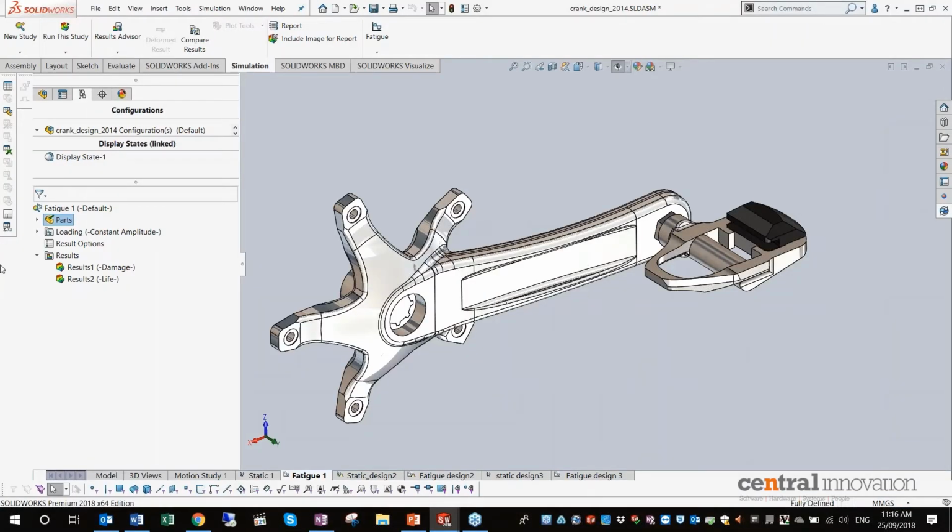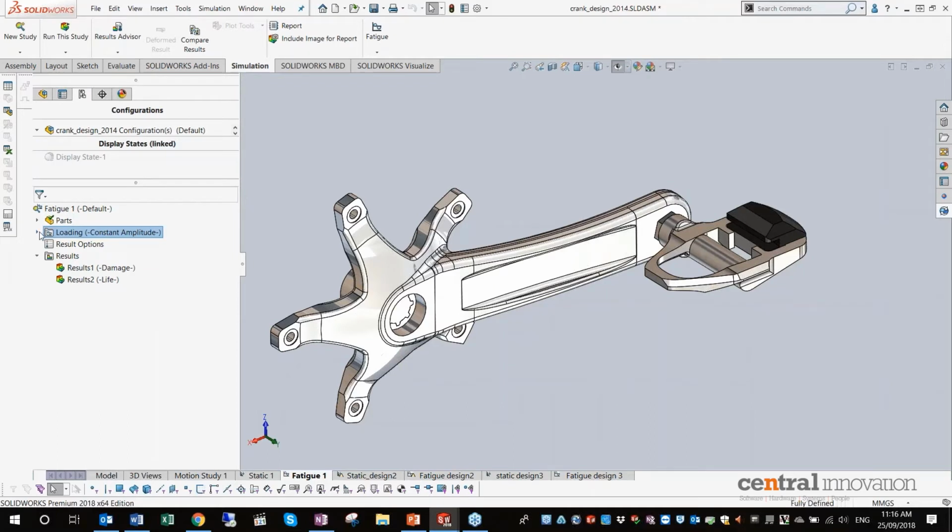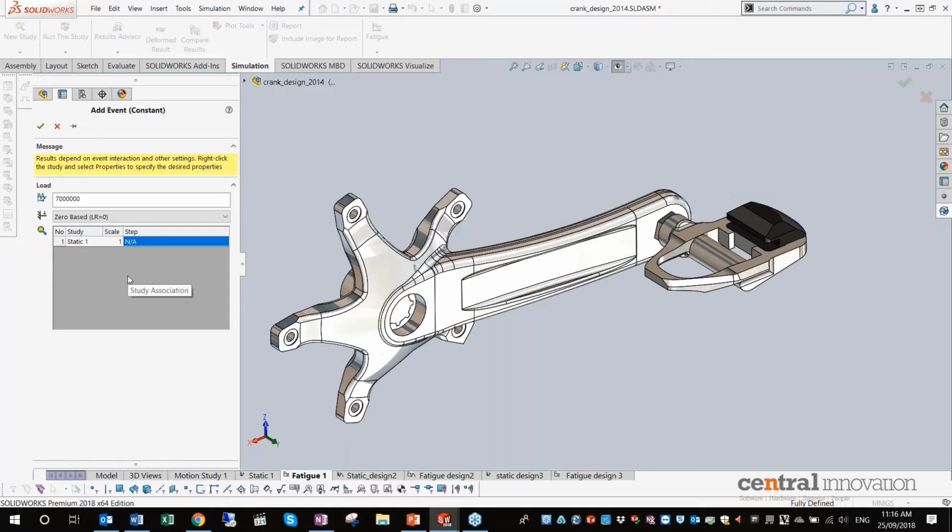But how to define a loading event? You have a loading tab here. If I right click on it, I can select add event. I've already created an event here. Let's just edit it and see what I have defined within it. You have to define the number of cycles that you want to apply to this model. We have set 7 million cycles, and you have to know